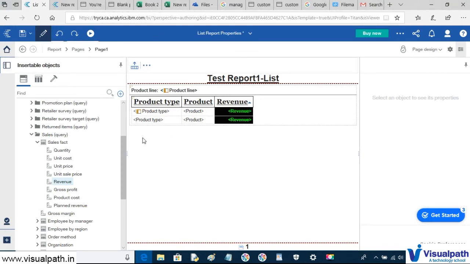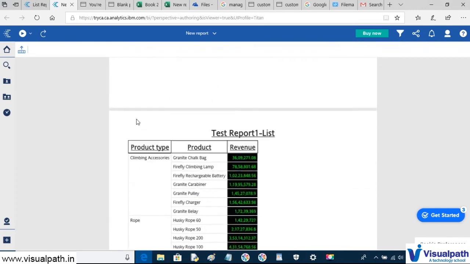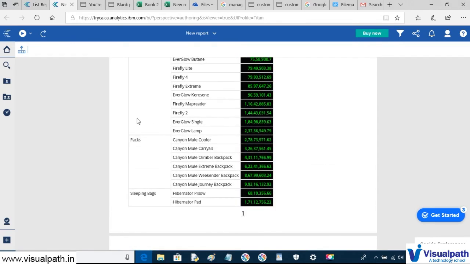Okay, so now let's try to do one more thing. In our scenario, the data is getting differentiated based on the different product lines. But now suppose what we want is that whenever the product line changes, the report should appear on a different page.